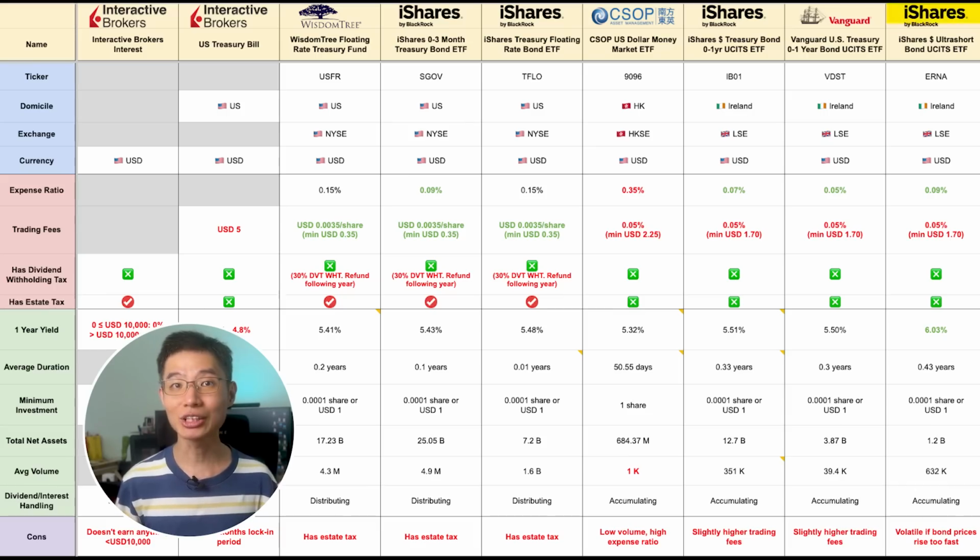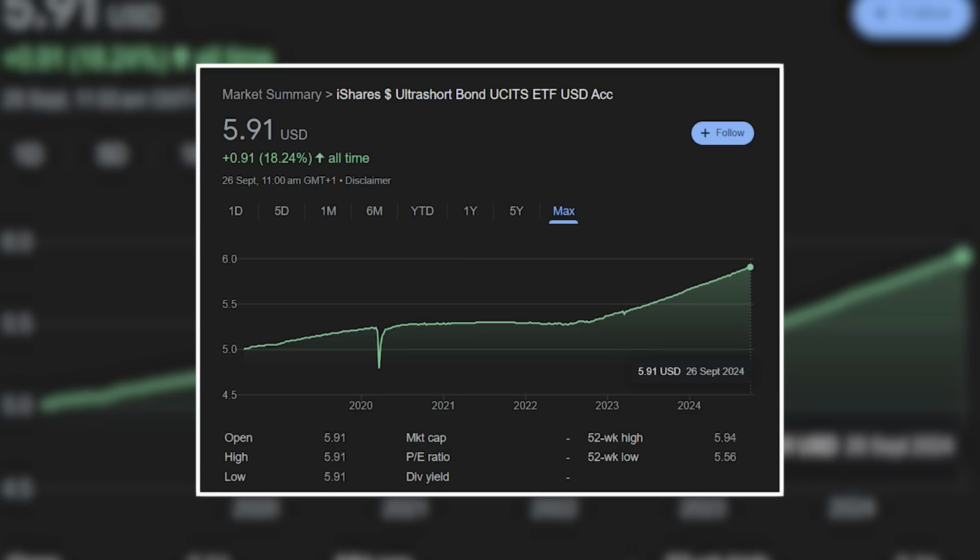Last but not least, the iShares Dollar Ultra Short UCITS ETF, ticker symbol ERNA. Unlike all the previous ETFs which hold US Treasury bonds, ERNA holds very short maturity corporate bonds across various sectors such as banking, consumer cyclical, technology, and so on. What's interesting is that since this ETF holds corporate bonds which have a slightly higher risk as compared to US Treasury bonds, this ETF is able to give a slightly higher 6% yield as compared to all the other US Treasury bond ETFs. And due to its short-term holdings, it's also able to give a rather smooth return over longer